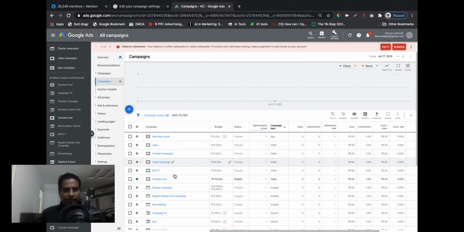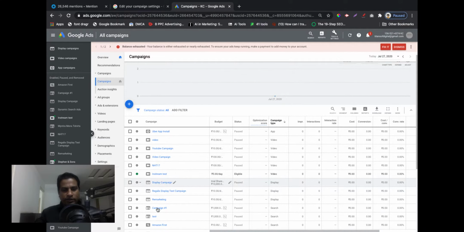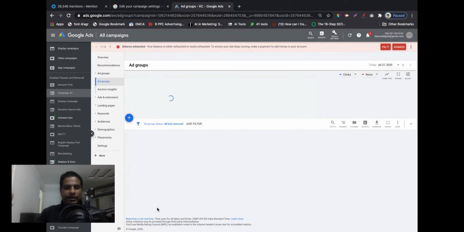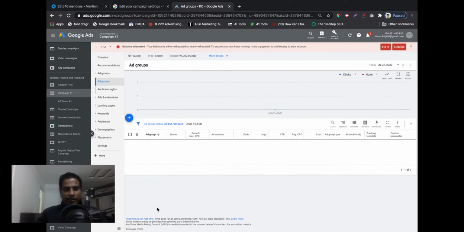Let's click on any campaign just to understand the settings. So preferably let's start with a search campaign because I don't want to confuse you with everything. So let's select this campaign number 1, which I think is a dummy campaign, it doesn't have anything in it. Let's click on that to understand the settings of a campaign, because some of the settings we will talk about now, and some we will save for later, because they need you to understand a few other concepts like advanced bidding and what a bid is in general. We know what a bid is in general, but we need to understand the advanced bidding concepts and types of bidding, etc. So we will talk about all those things when we talk about additional topics.